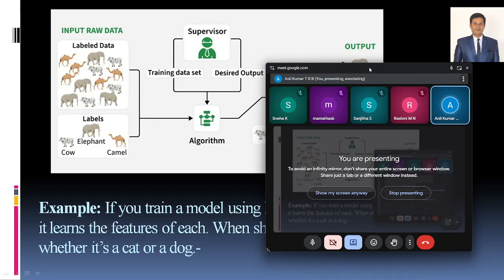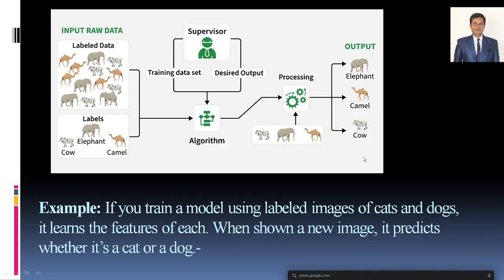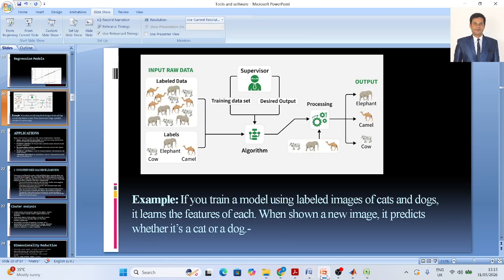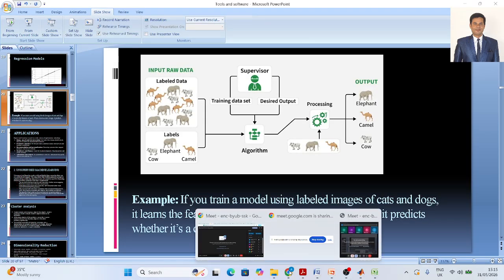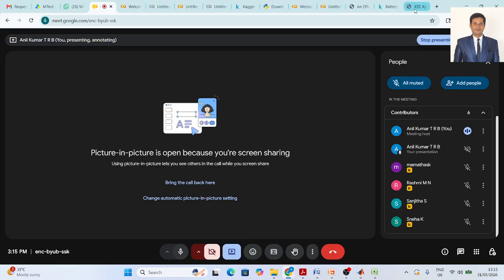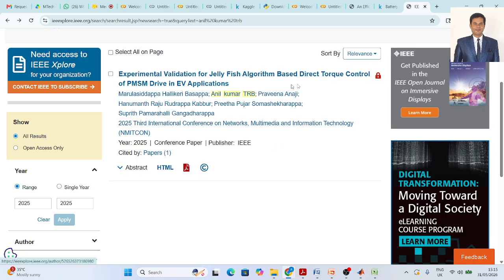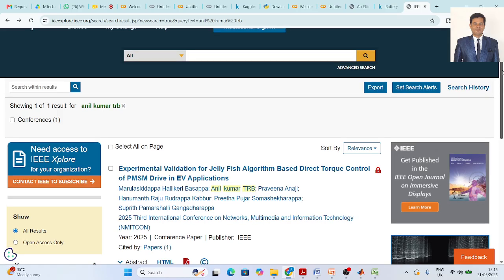Tomorrow when you complete your M.Tech, in your resume your name should appear in an IEEE paper. That is what I am expecting. Okay, you try to develop those things. Understood, no? Every day try to focus on the assignments, right? See, as I showed here, I have one paper in the IEEE with my name on it. Like that, your name should also come here.